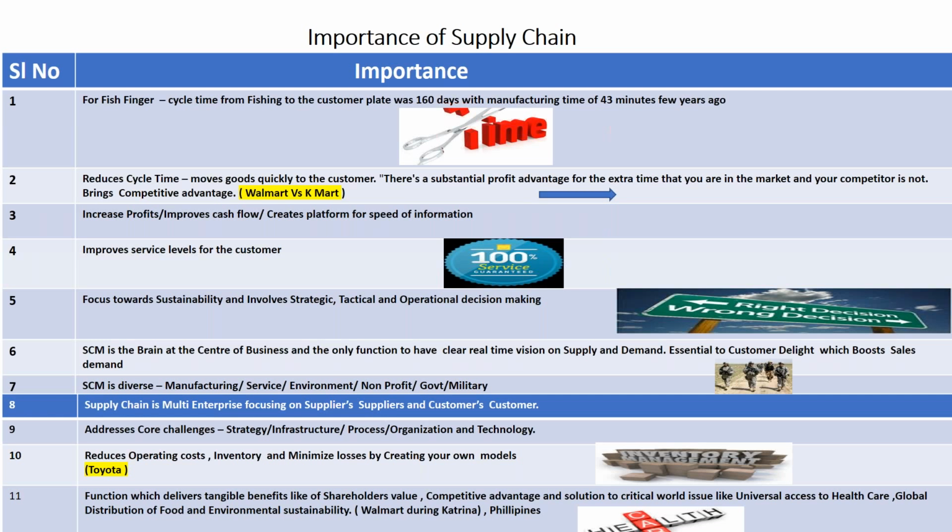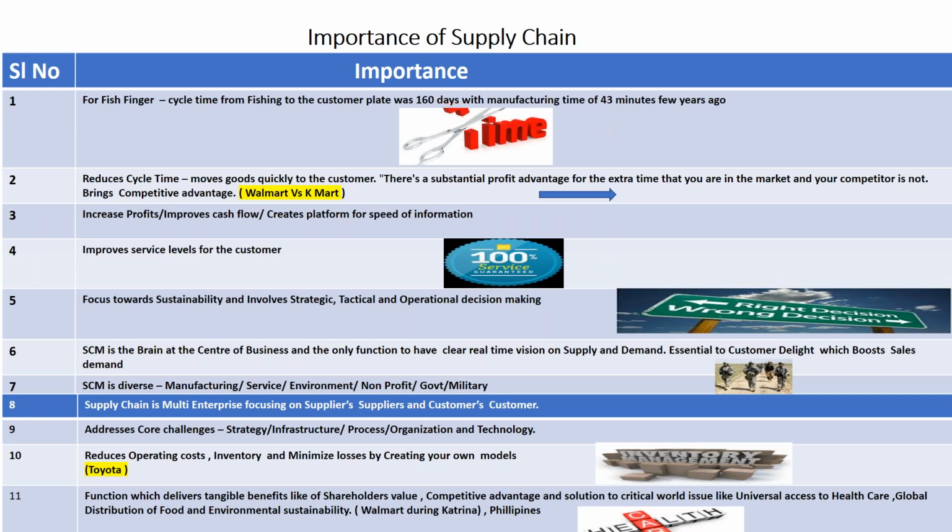You have to consider all; I'll cover these points subsequently. You have to follow some process which will be good in the long term. In the short term, of course, your boss may not like it. Now, it addresses core challenges which I have already mentioned, and it reduces your operating costs, inventory, and minimizes losses by creating